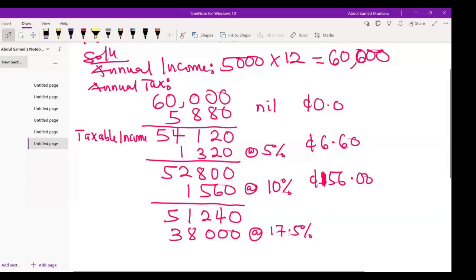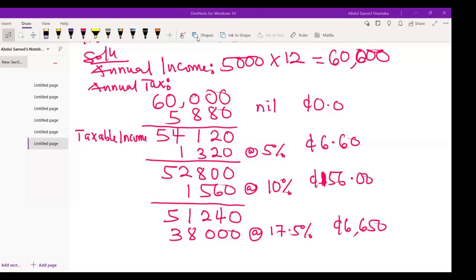So you are going to calculate 17.5% of 38,000. And that is 6,650. The 5% of